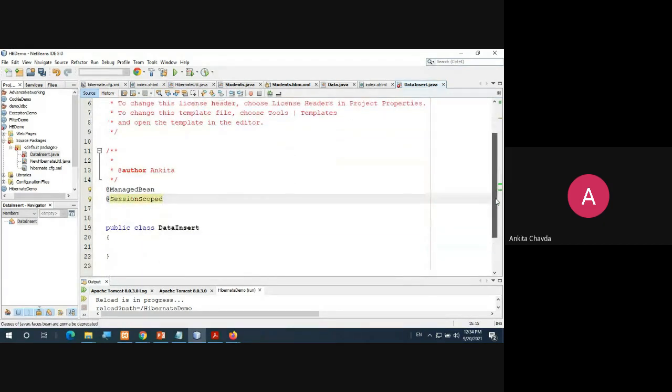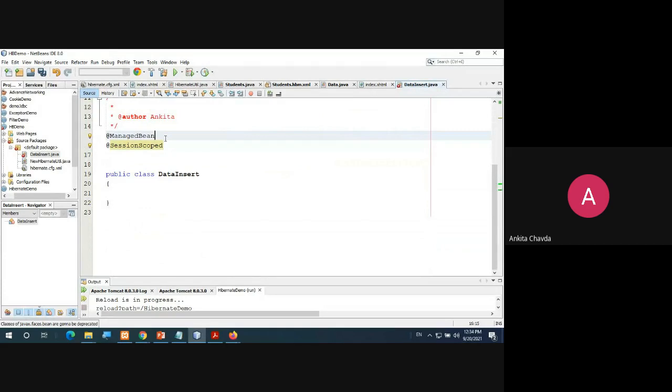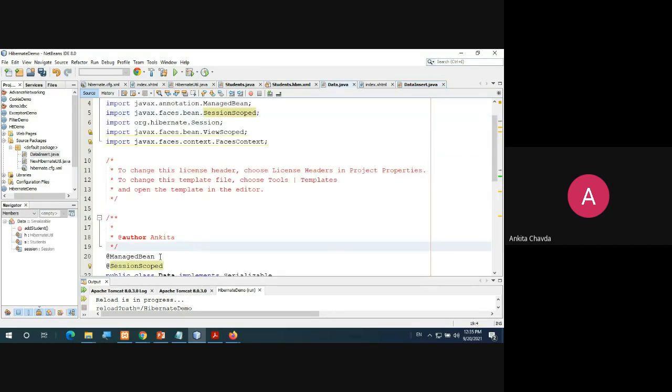In any of the places you can give the name of your data, that is allowed: name equals data. In my case, we are not writing the name equals.